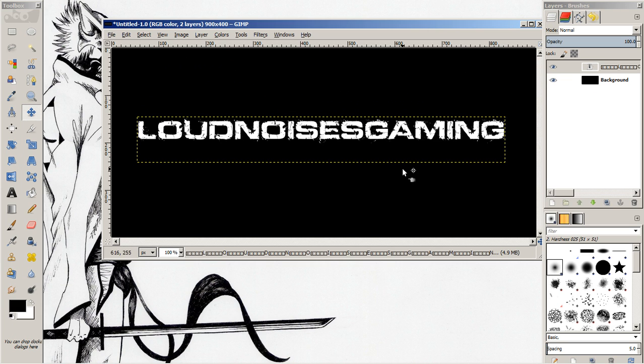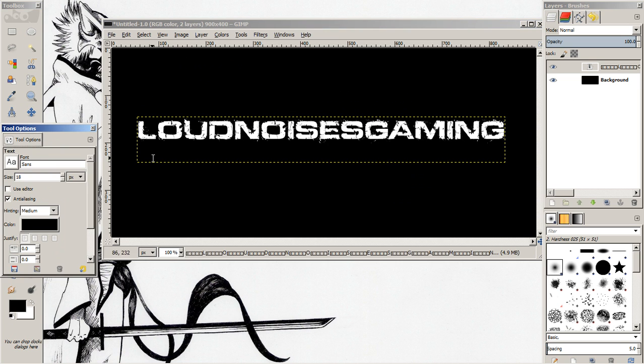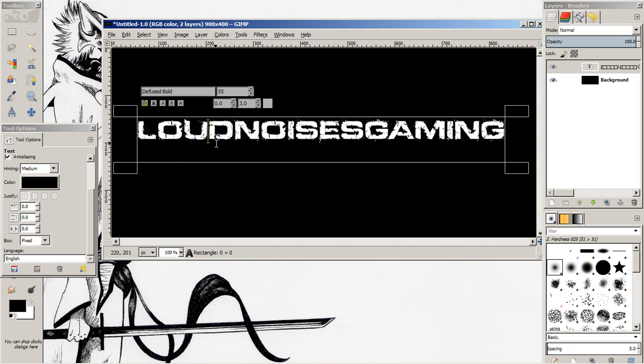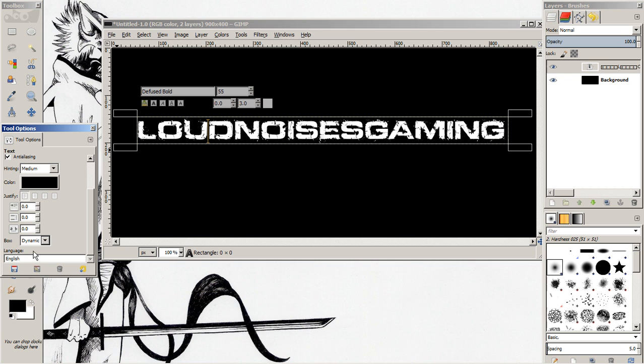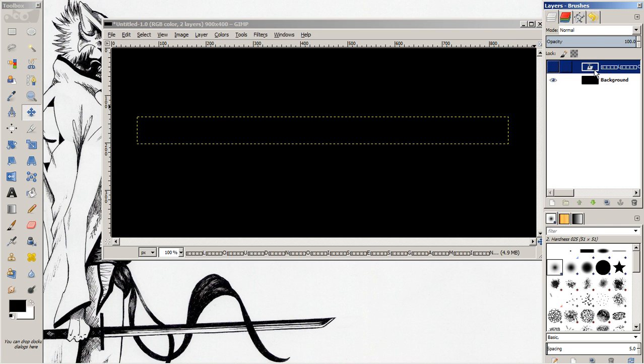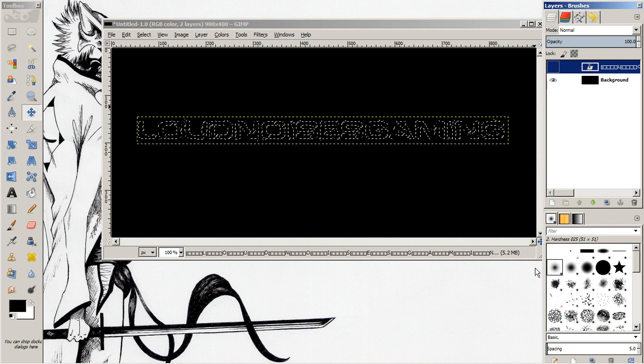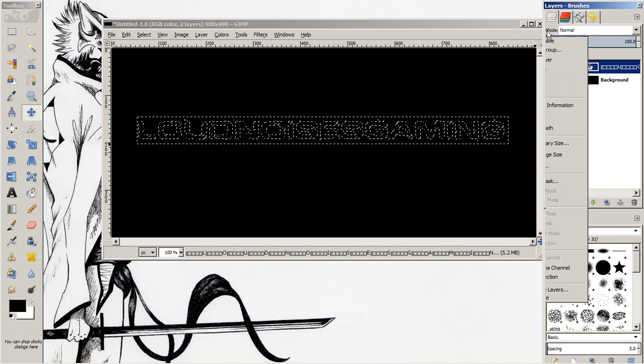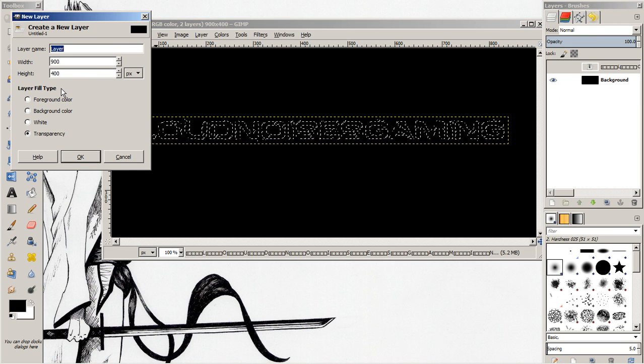So once we do that, I'm going to open up my text selecting tool again. And then I'm going to make my box dynamic just so it hugs real nice. I'm going to exit out of that. And then what you're going to want to do is make this text layer invisible. And then you're going to go to alpha to selection, and immediately after you alpha to selection, you're going to want to make a new layer, and I want to name this max particle,